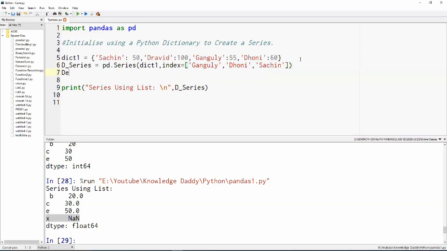Let me create another series. It will also use dict1 as its data, and it will contain the index values MSD, Ganguly, and Dravid.